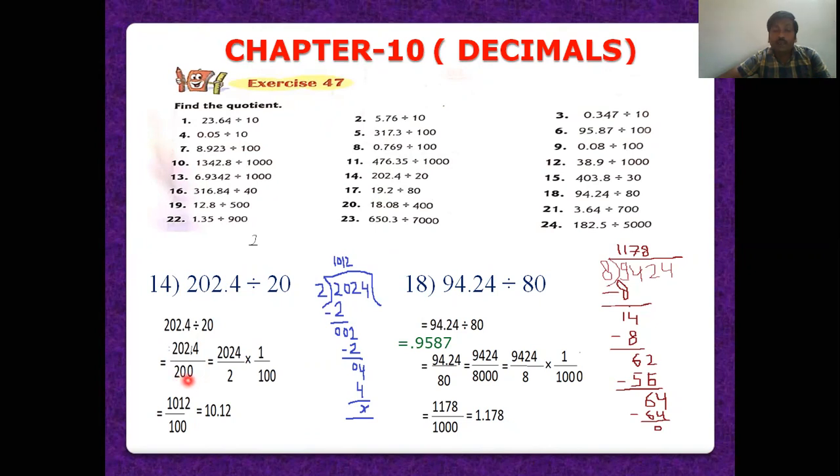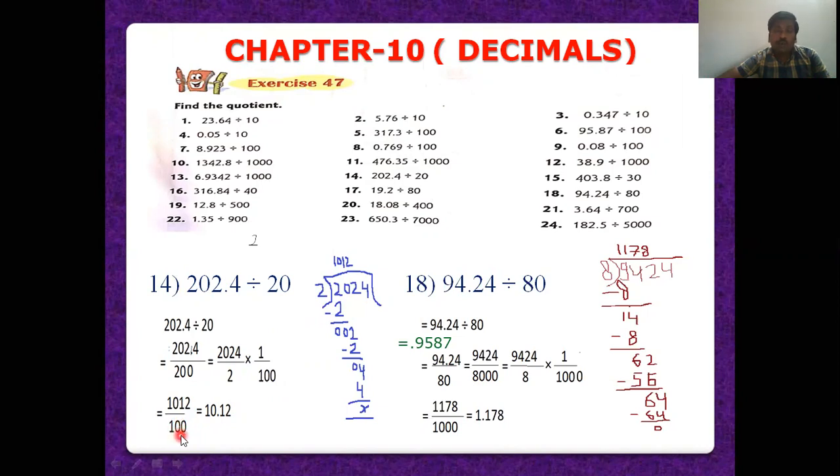It makes the 200. Now change 2024 by 2, and this is 200. Now write 100 in this way. It means write the 1 and put two zeros, which is in here. And now simple, 2 divides 2024, then we get 1012 as a quotient. Write 1012 here and write 100 under these numbers.